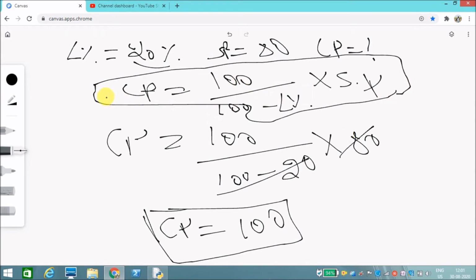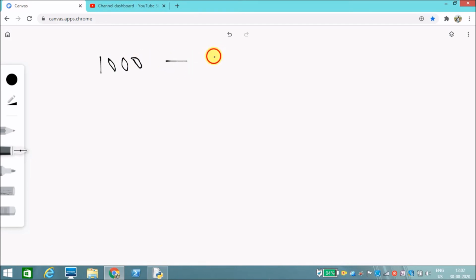Like this we can find the loss percentage. Okay, next scenario, for example, you have a product which is of rupees 1000. We sold it for 800. Then what is the discount you get?